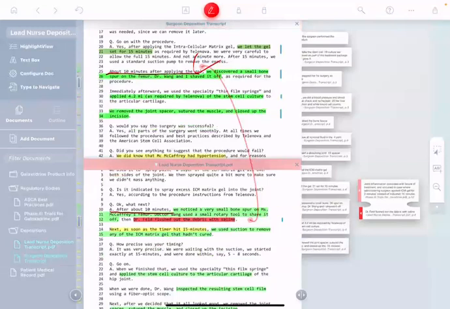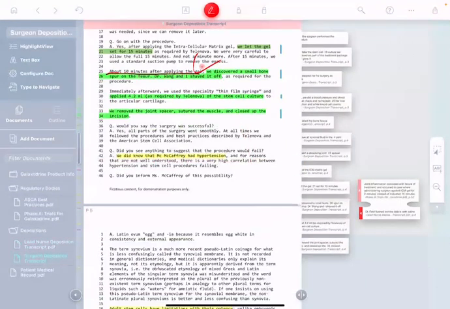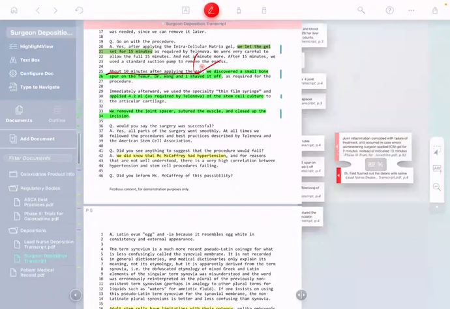So you can start now creating your own little private mini internet, connecting all the different pieces of information that are important to you across your documents and across your notes, as I'll show you a little bit more later. Okay, so this is great. This may actually have shed a little bit more light on the situation, but we still do have the question: could spraying a little bit of saline into the joint wash away the ICM matrix gel? I mean, we have no idea.